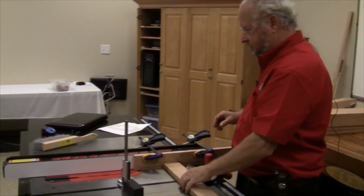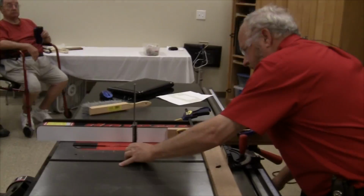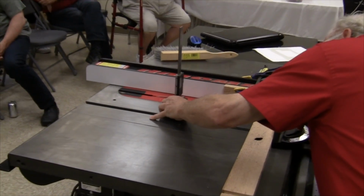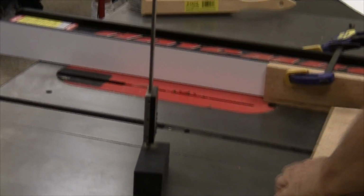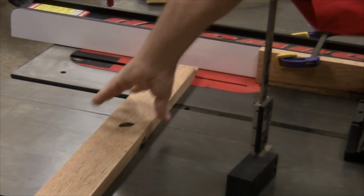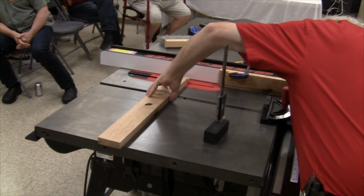All right, and then once you set the height up, I might want to do a whole lot with this. I want to leave time for Todd here. So let's do it. I happen to have one from last night. These boards aren't 3/4, they're thinner than that. So I'm going to come up to the height